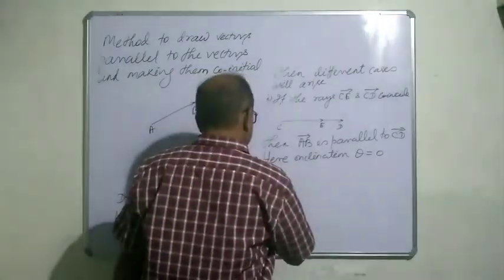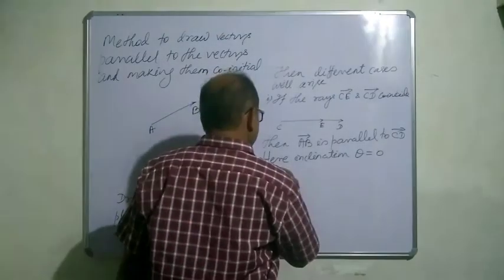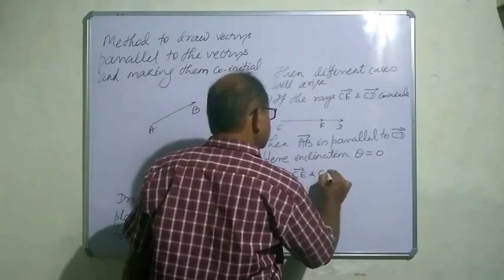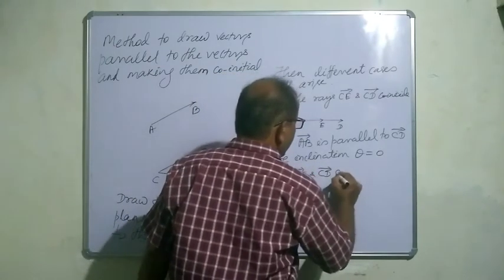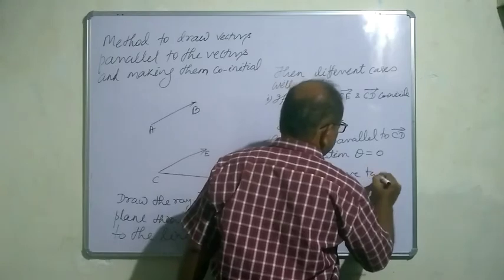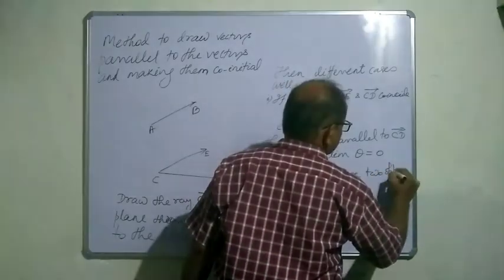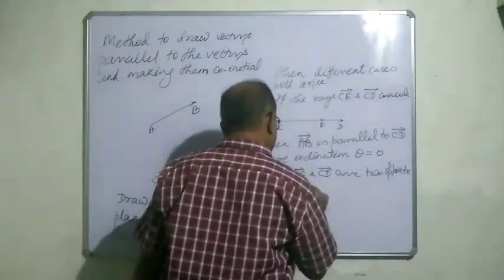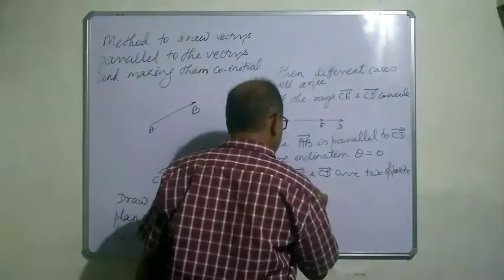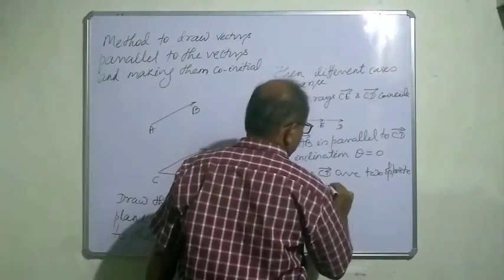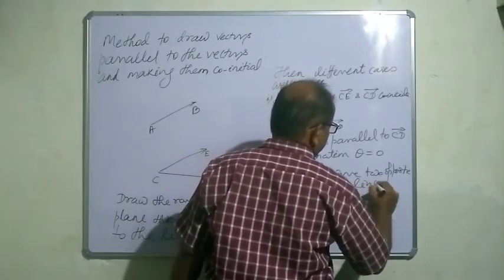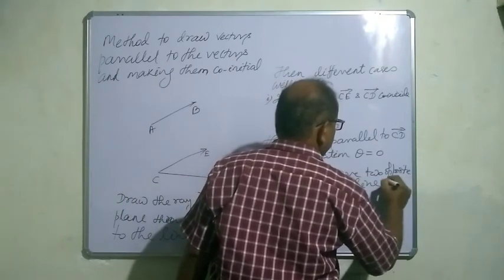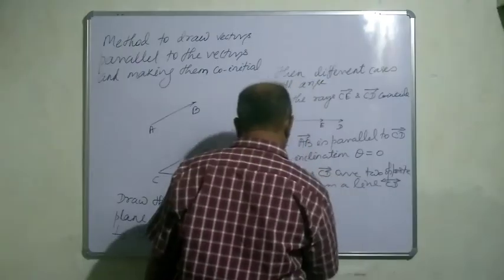Number 2 case, if CE and CD are two opposite rays and form a line, then the CD line formation, then